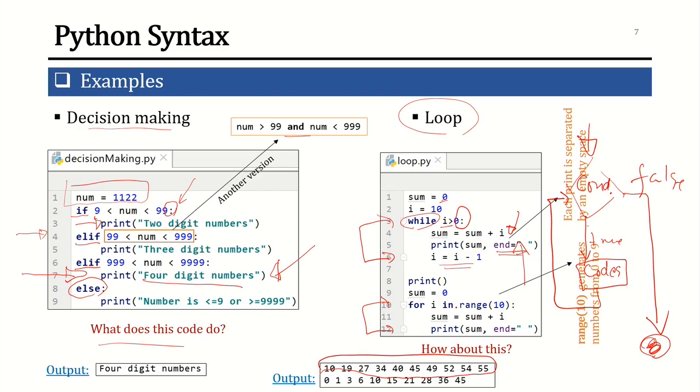In Python, there is a command called range. In range, it will generate numbers from 0 to the number less than itself. For example, if we have 10, it will give you numbers from 0 to 9. So from here, you're trying to loop it, right? So we can use this operator in. So for i in range here, we are trying to loop from 0, 1, 2, 3, and so on, right? So as a result, we obtain this